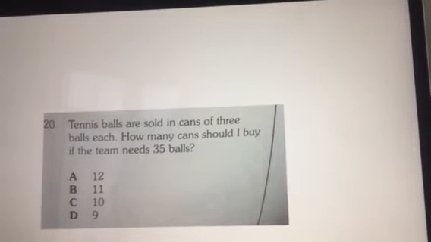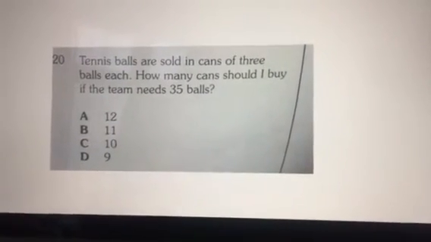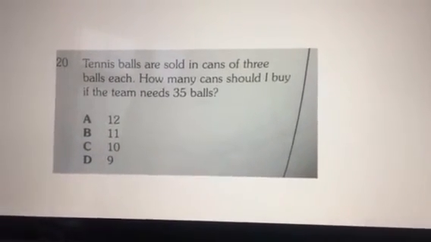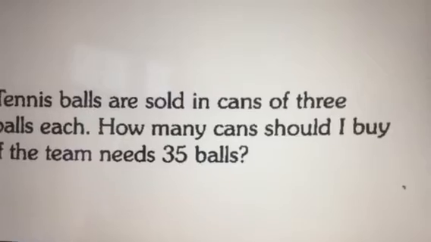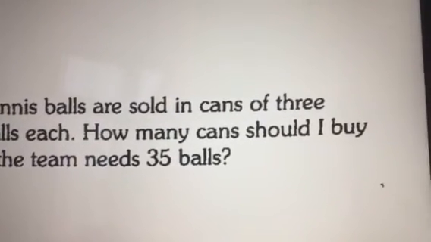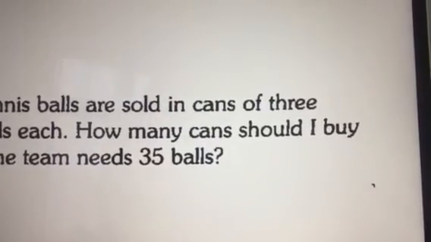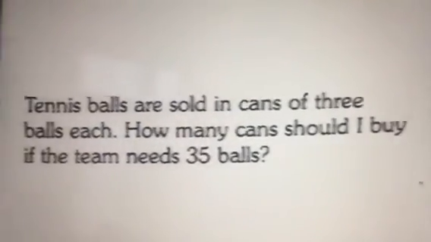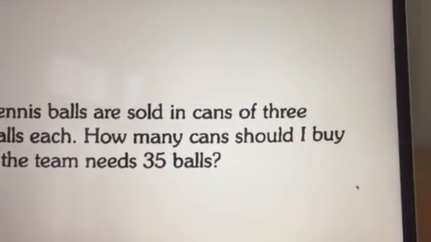And so we're going to do 35. We're going to divide by 3, and you're going to see how many we have. And if there's a remainder, you have to go 1 up. If there's a remainder, we have to go 1 up. Because we can't buy 2.5 cans, for instance, we'd have to buy 3 cans. So we couldn't buy 11.5 cans, we'd probably have to buy 12 in order to get the amount that's required